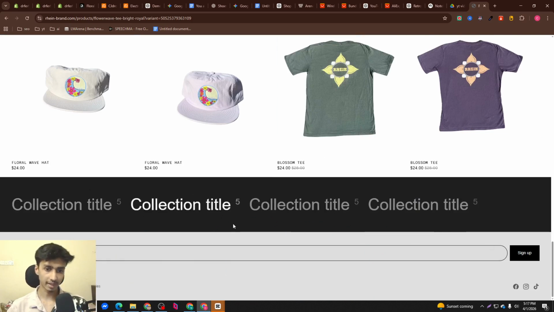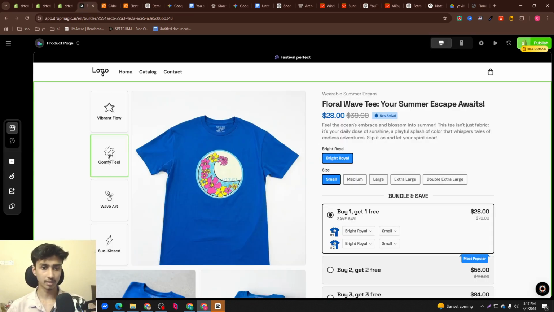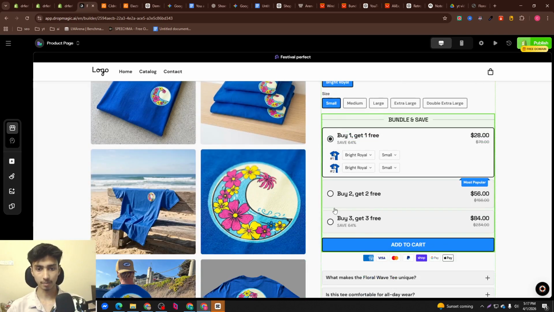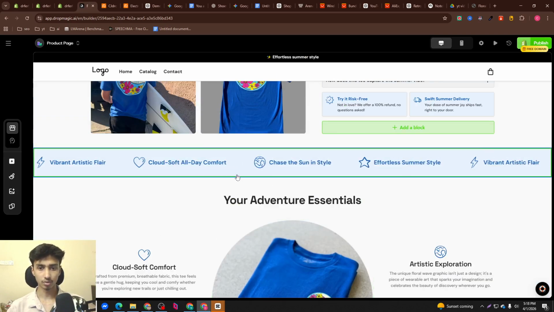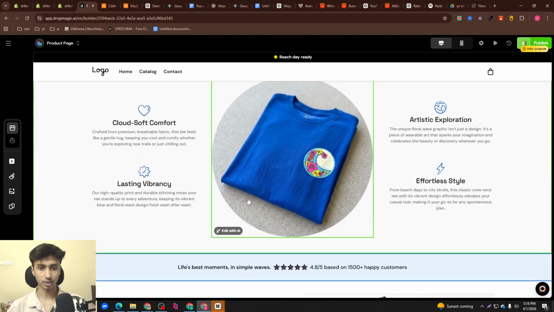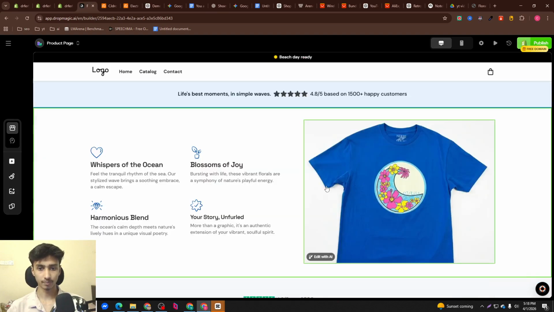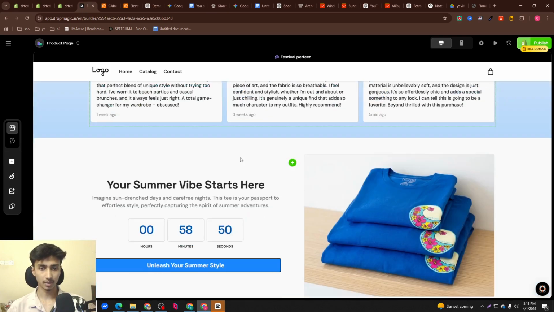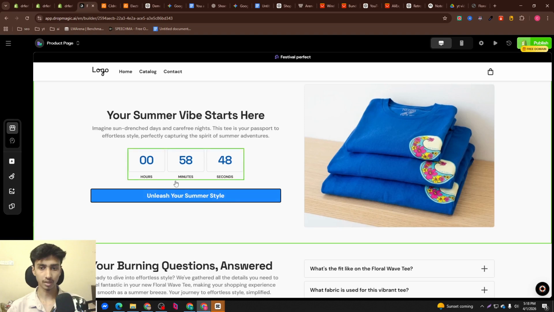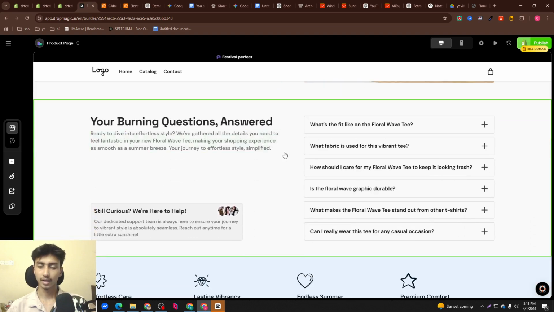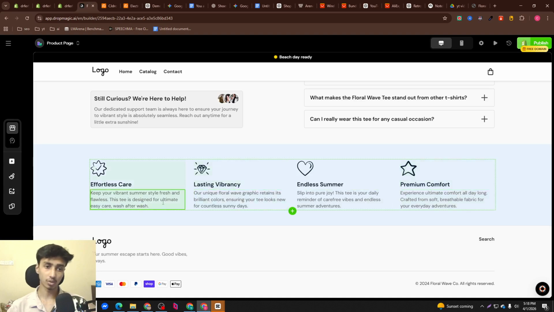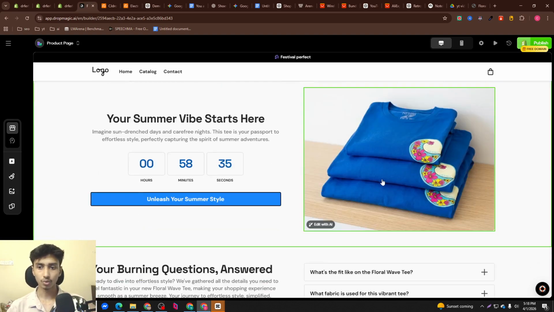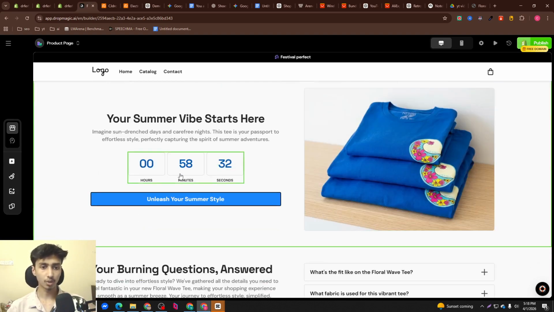Okay, so if I go to our AI website creation, now look at this website. There are some of the benefits of the product, and then also a bundle and good photography. There is a lot of photography done by AI, which is really good. Then here are some of the product benefits and feature explanations, and the same thing over here. And then there are the customer reviews and also a timer, so the customer buys this product very well. Here are the FAQ questions, customer reviews, and some more product benefits. This kind of section encourages the customer to buy a product. Now look at this, how organized it is, very powerful and premium looking.